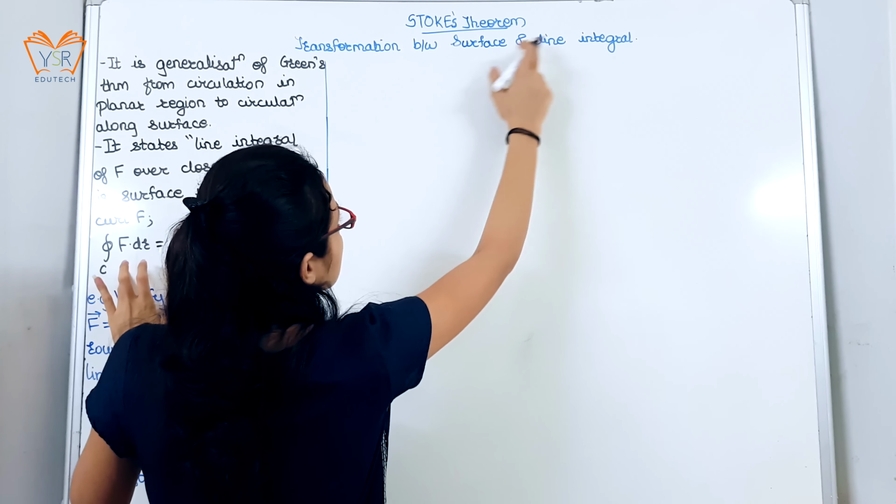We'll understand the Stokes theorem by one example. Verify Stokes theorem for the vector point function (x square plus y square) i cap minus 2xy j cap taken around the rectangle bounded by the lines. Limits of x and y given are x equal to plus minus a, y is equal to 0 to b. Now this is the rectangle that they have formed using the limits x from a to minus a and y from 0 to b.